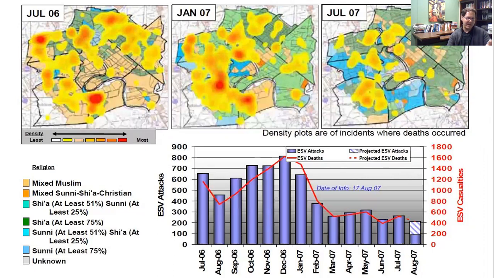And so what ends up happening is you have the green areas, which are predominantly Shia, and the blue neighborhoods, and there's a few up there in the northern part of Baghdad, which are predominantly Sunni. But most of Baghdad in July 2006 is predominantly mixed Sunni Shia neighborhoods. That's the orangish areas. And in July 2006, the Mahdi army, a Shia militia, is going door by door by door and hunting down Sunnis, driving them from their homes, seizing their property, taking their apartments.